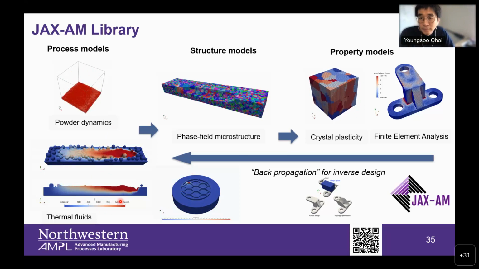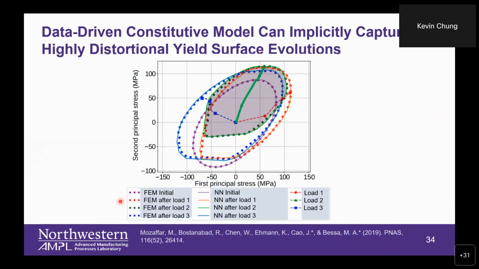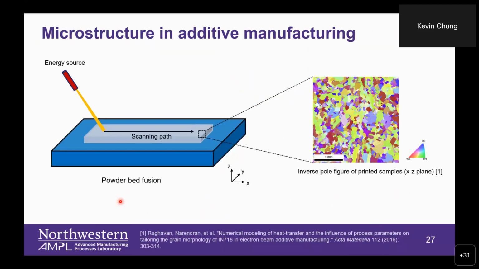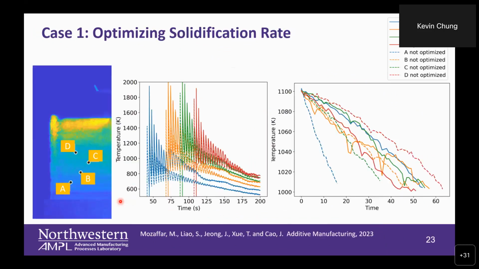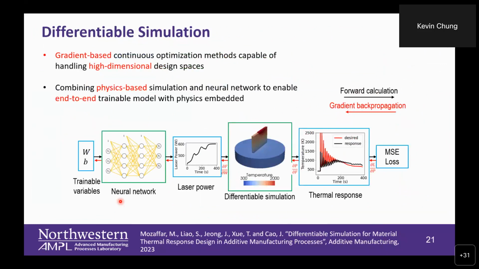Hi, thank you for the talk. It was very impressive to me. I also have a question about that optimization, about that differentiable simulation combined with the neural network. What are examples of those trainable variables of the neural network? I guess when you backpropagate from the physics-based simulation, you get the optimal laser power, right? Is this related to how to control that laser power? Yeah, so for this particular one, we can control the laser power,